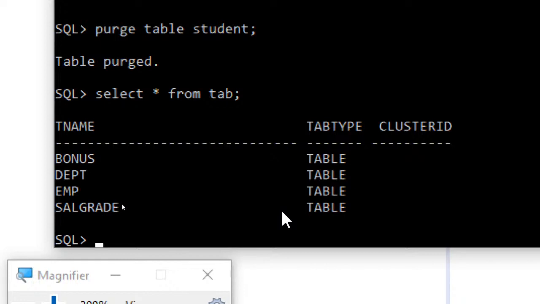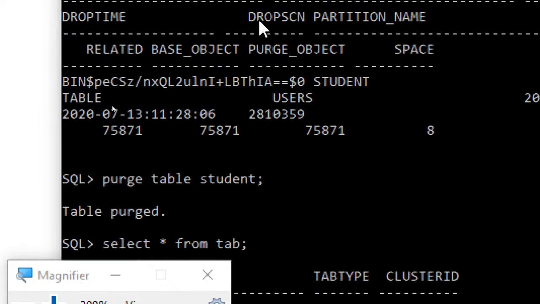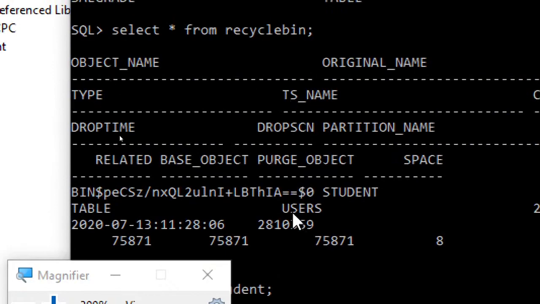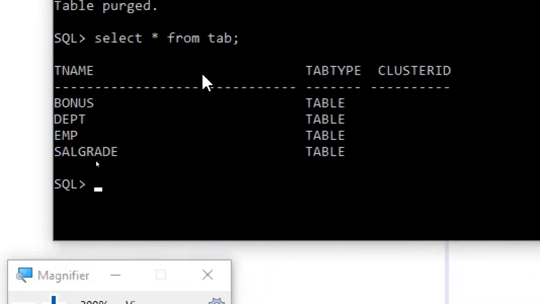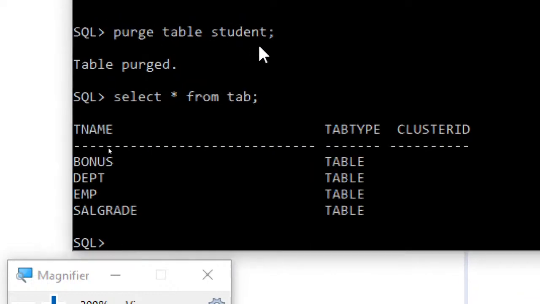So basically when you use the command drop, the table will be there in the recycle bin, and it will just show with the bin ID number, but it won't show you the table name. But after a few months or years you don't even remember the name of the table. In that case, as I have shown you, you can just use select star from recycle bin, and there you can find the names of the tables, and then you can use commands like purge table and that particular table name, so that it will even be removed from the recycle bin.